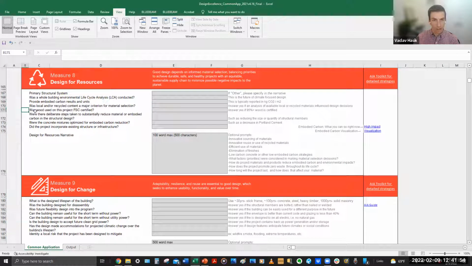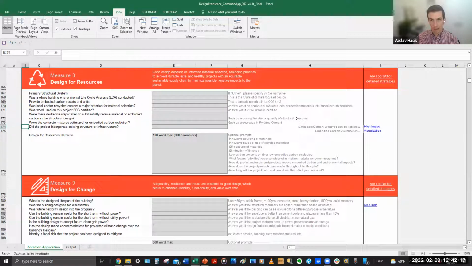There are additional questions about low carbon concrete, if you have even thought about that, or if you've worked with suppliers about getting low carbon mixes. Just answering some of these questions, yes or no, is a good start to get you thinking about these topics.